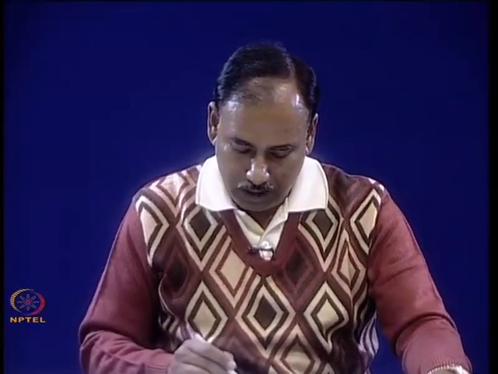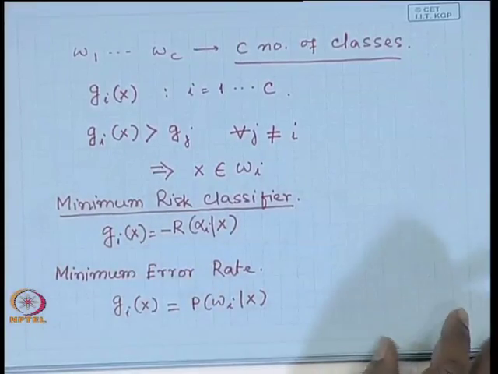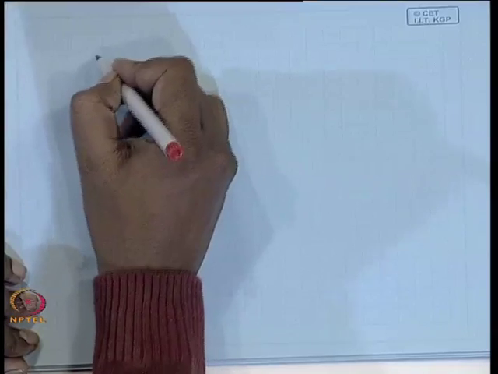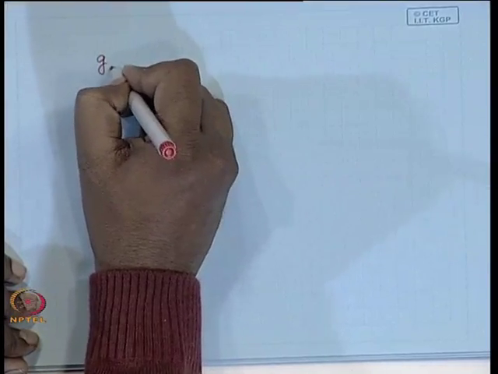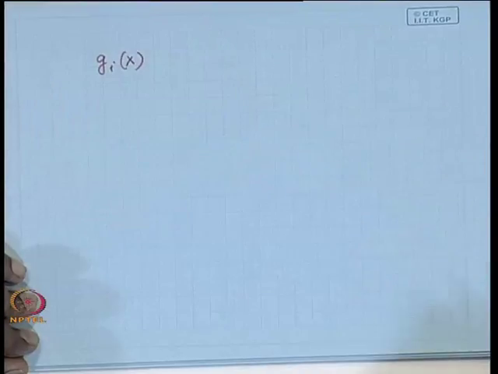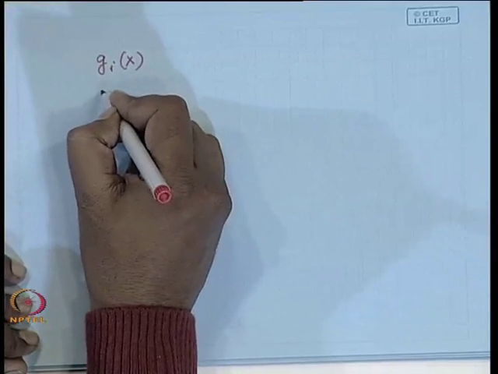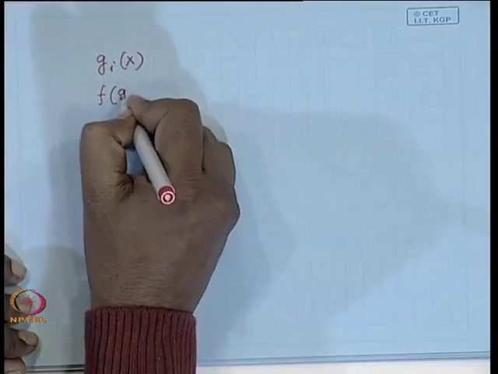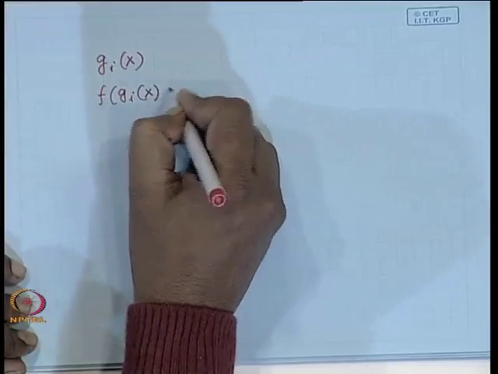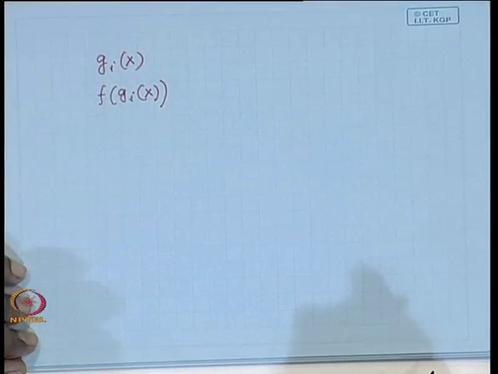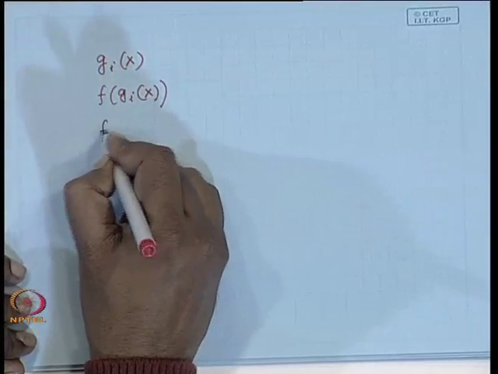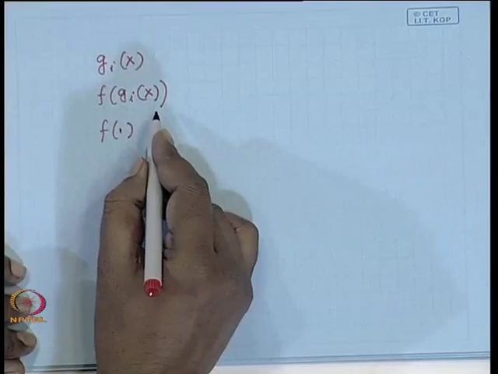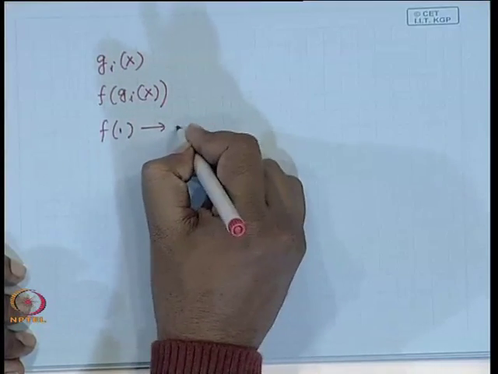Now, I can define g i x like this, but the choice of the discriminant function g i x is not unique. The reason is, if I take a function f which is a function of g i x, and if this function f is monotonically increasing,